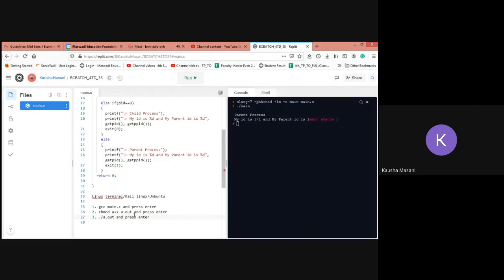For all those who are using REPL, you mention these three steps in your Word file when you are preparing this practical 35. For those doing it in Linux or Kali Linux, you don't have to, because in the screenshot I'll be able to see that you have performed these three steps. But for those giving the REPL console output snapshot, you have to mention these three steps.